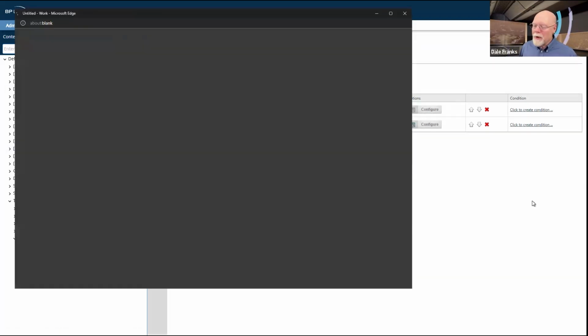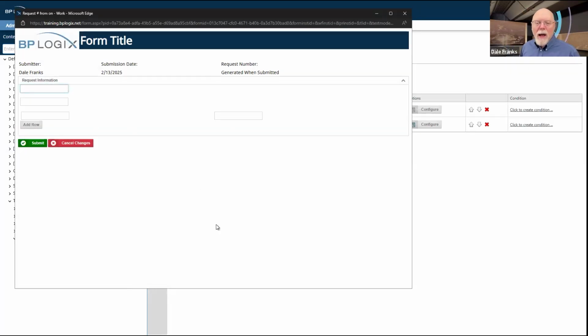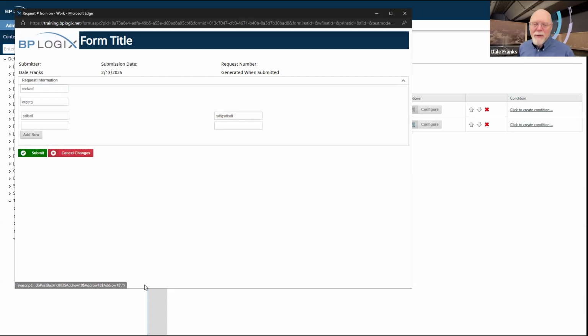So I should be able to update and run this form now. Should be able to add my row. And now I can put some data there, hit tab. That takes me to input 20. So I'm going to fill that in, hit tab. Okay, my form reloaded, but it pointed me to input 15, which I can fill in and hit tab. My form is still going to reload, but it is going to set my focus to input 16 so that I, as an end user, can go tabby tab through my form.